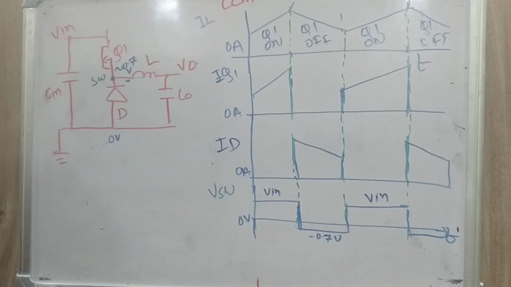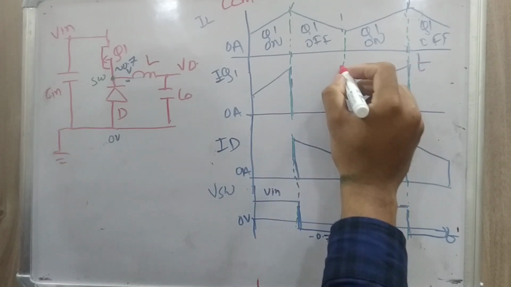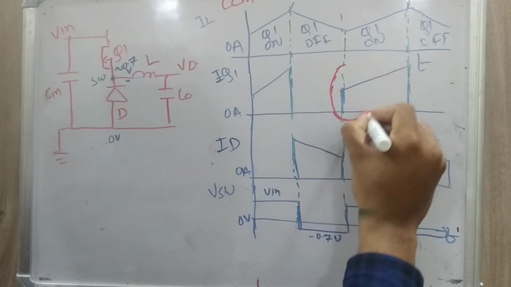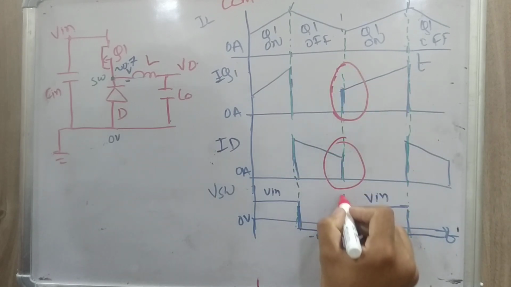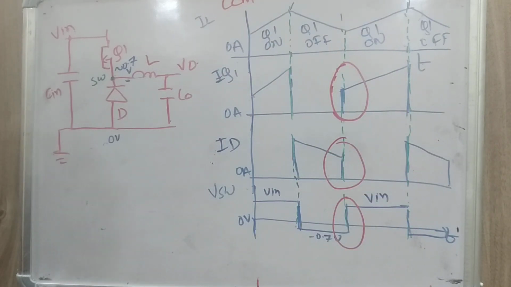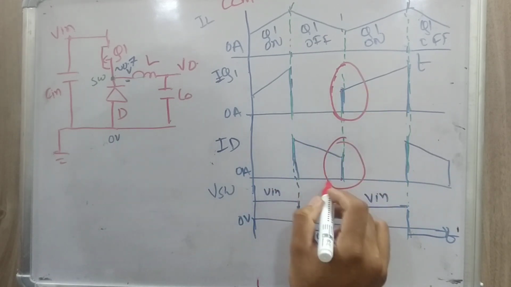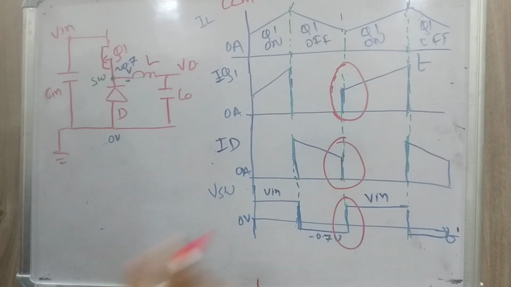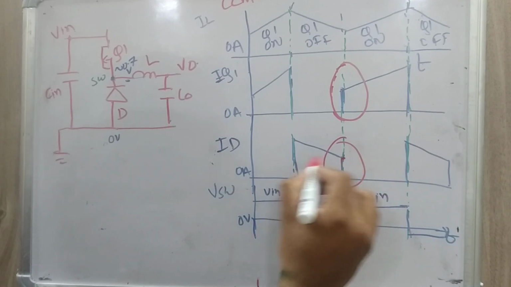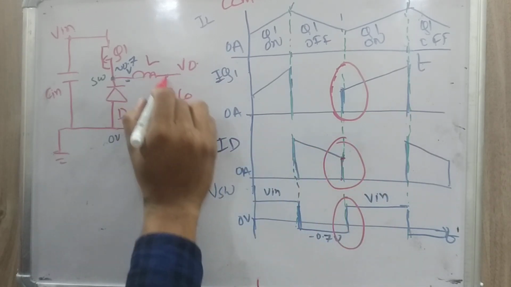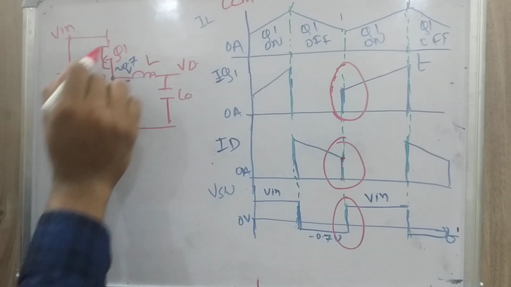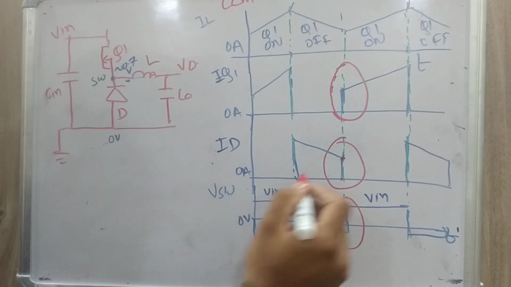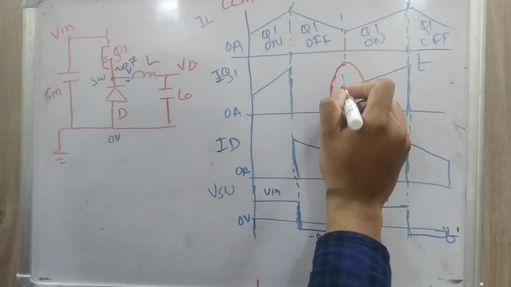Now if you see a certain time instance, okay, maybe I will draw with the red color. So here, so this time instance. Now if you see at this time instant, diode was conducting, right? Diode is conducting here at this point because there is a certain current. This is a diode current. So diode was freewheeling. Suddenly Q1 is turned on. That means Q1 is turned on at this instant, right?